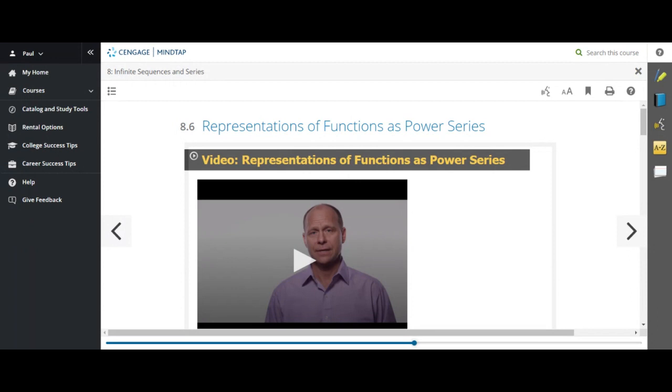And in section 8.5, you learned about, for instance, power series. So power series are series where the series involves a variable x. Ultimately, what we want to do is take a function and express that function as a power series. And in section 8.6, for a limited number of functions, you will be able to do that. So this section 8.6